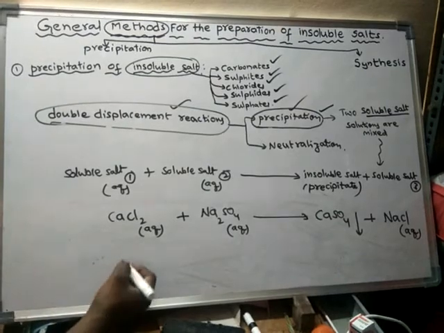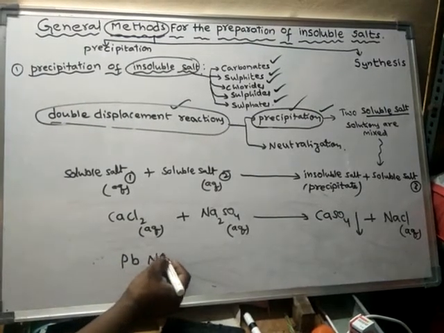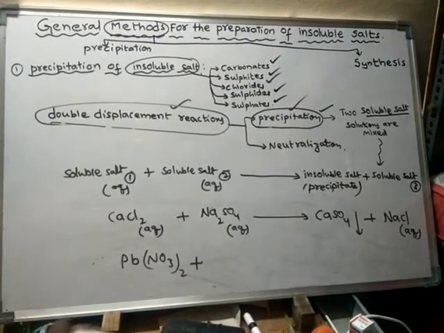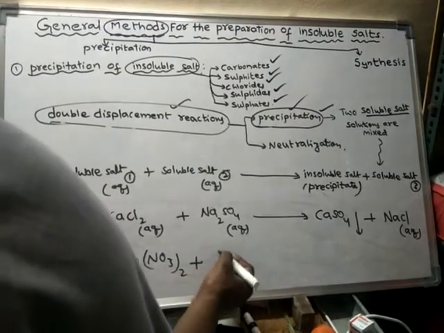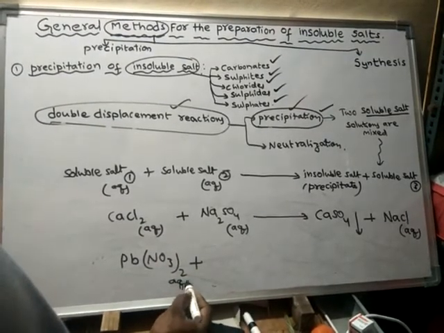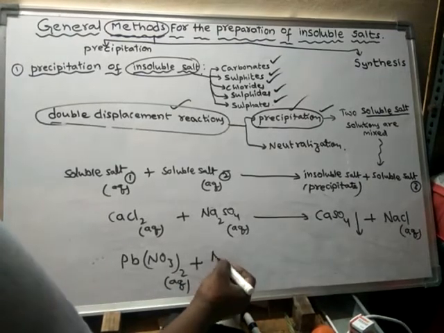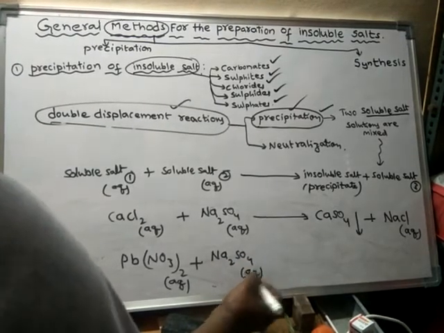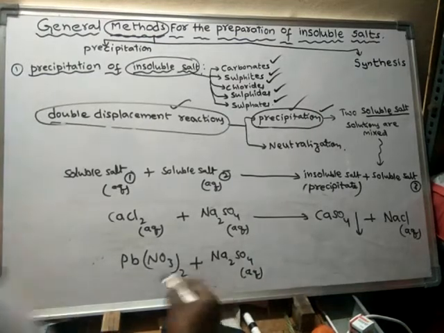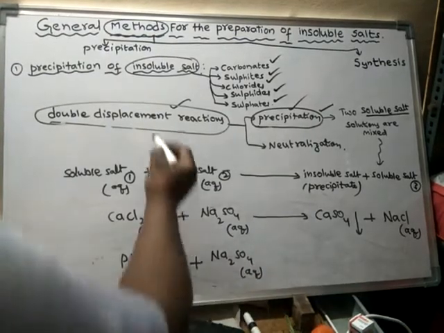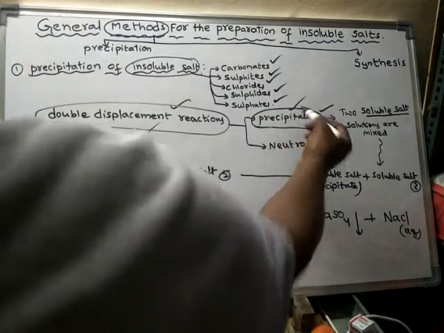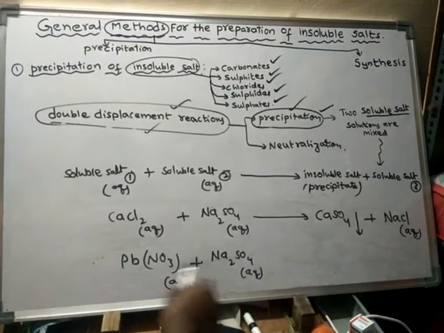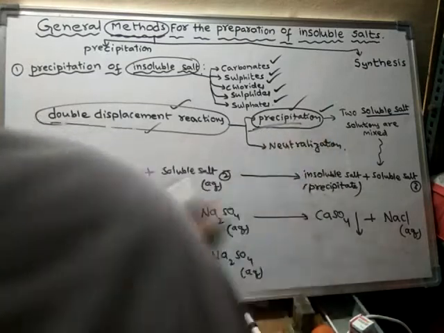And another example, take lead nitrate. Lead nitrate, okay. This is a soluble salt, AQ. Mix with Na2SO4, an aqueous solution of this one, because this is a soluble salt. So a double displacement reaction takes place. What type of double displacement reaction? It is not neutralization. A neutralization reaction takes place between an acid and a base. These two are normal salts. Hence here, a precipitation reaction takes place